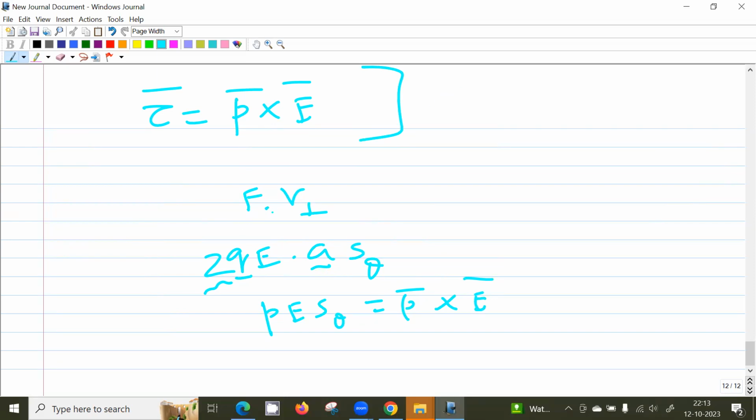The basic idea is torque is force into the perpendicular distance. In this case, the perpendicular distance will become a sine theta, where 2a is the distance between minus Q and plus Q. The torque is about the center point, so this distance is a. So the torque will become force Q into a sine theta, and two of them are there, plus Q and minus Q, both torques in the same direction, so they add up to give the factor 2. And I can combine Q and 2a as p. This is the definition of the electric dipole moment: p is the charge into the separation between them. So this derivation